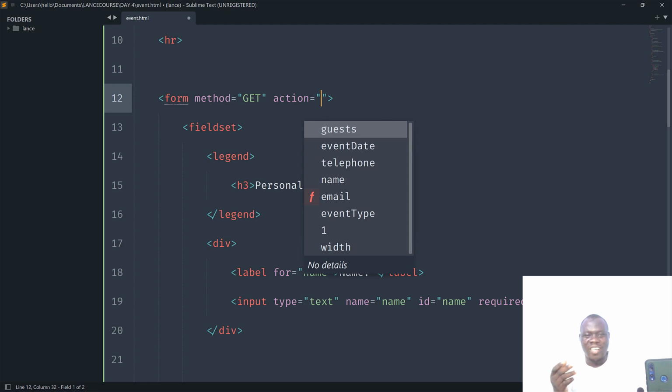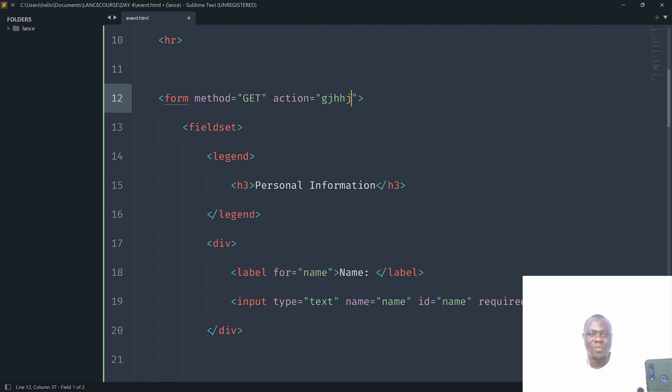Once you do that, nothing happens, but you need to process the form content using a different programming language, what we call the back-end programming languages, such as PHP, Python, Java, and so on. Since we are not there yet, we just assume we are done with this work. And if you have that back-end technology to handle the form, you indicate the code that is in charge of handling that here. So in case of PHP, you write, let's say,